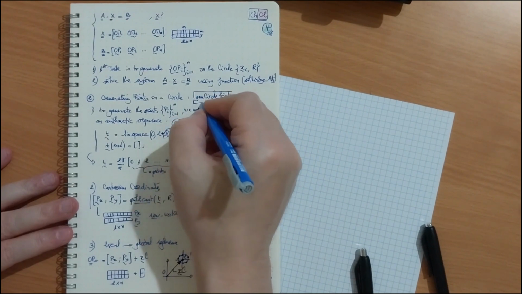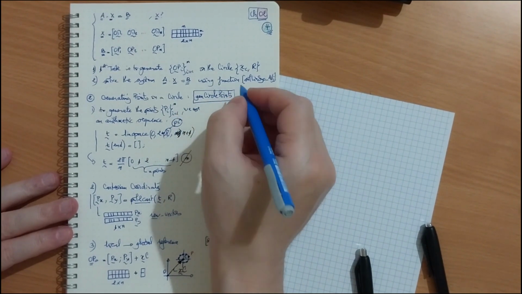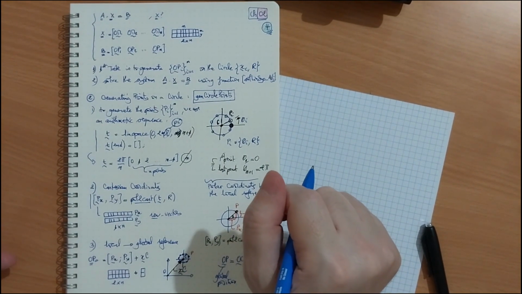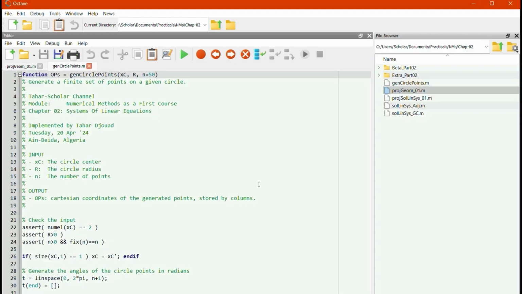Function genCirclePoints. Let's see that on the computer setting. Our function